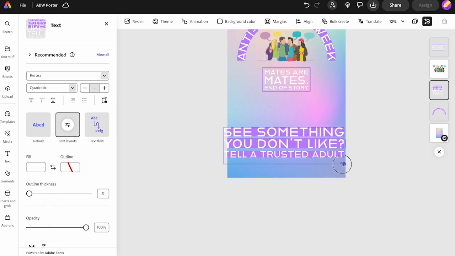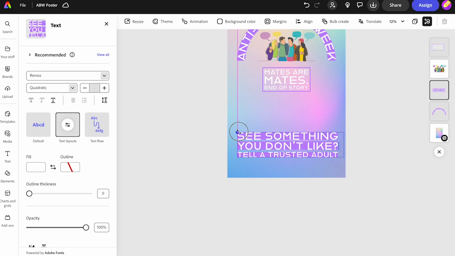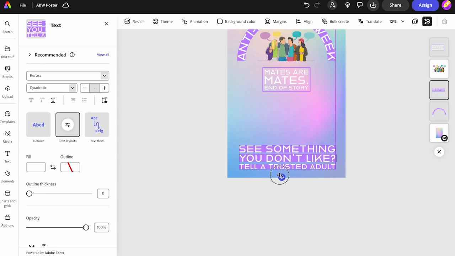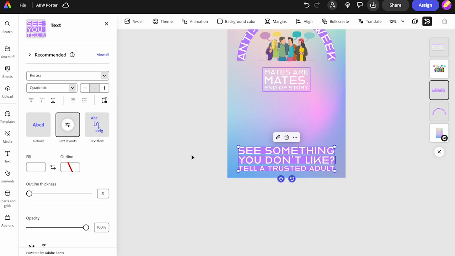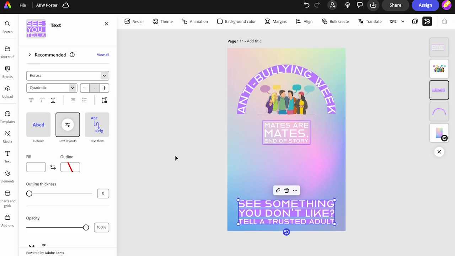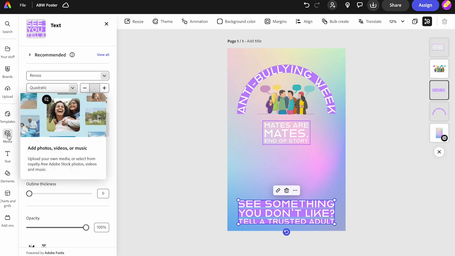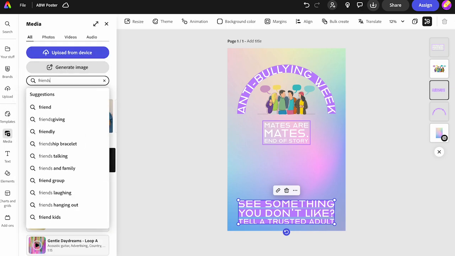Then I'm going to alter this box here. That's perfect. And then just make it slightly smaller and center it into the middle there. And all my text is done now. So next thing I'm going to do is go to media on the left hand side, search for friends, and